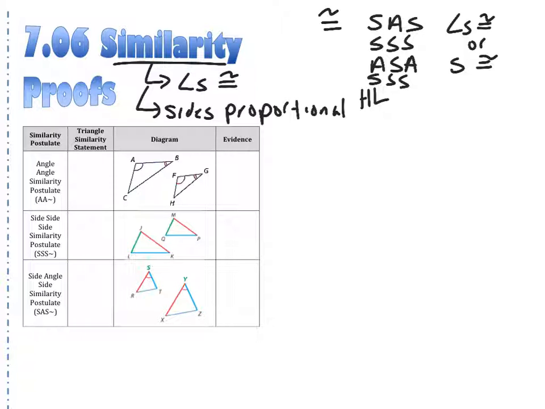So let's look at the first example. If we have all angles congruent, we know two triangles are similar. So the first one is angle-angle similarity. If A is equal to F and B is equal to G, then we have two angles equal, so they are similar. Now the reason we don't need three angles equal is really easy. If I zoom in here a little bit,